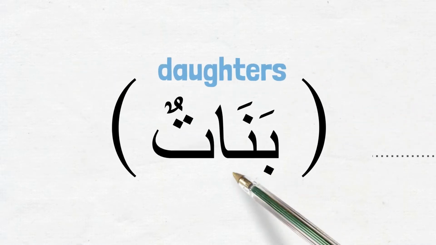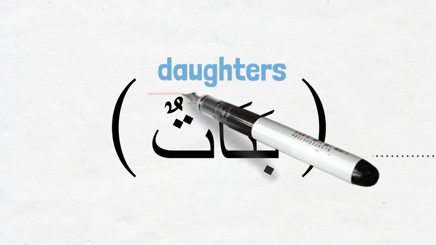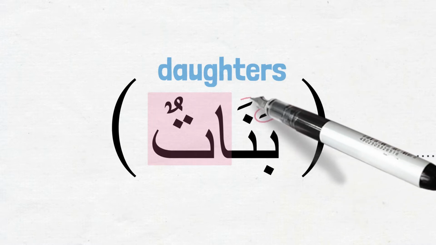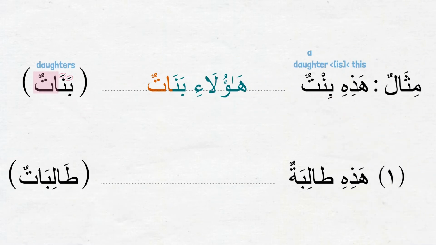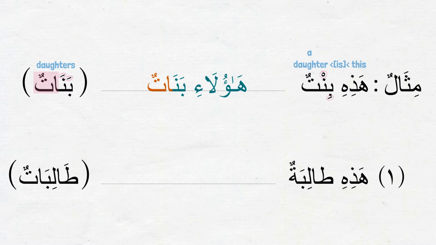Notice here, banatun is considered as jam'ul mu'annath salim, as it is ending with the suffix atun, alif and open ta. But besides that, the first part of the word also underwent a slight adjustment, where the first two letters ba and nun changed their vowels to fatha in banatun. In the singular form, bintun, ba had kasra and nun had sukun. Such small adjustments sometimes can occur in plural forms.